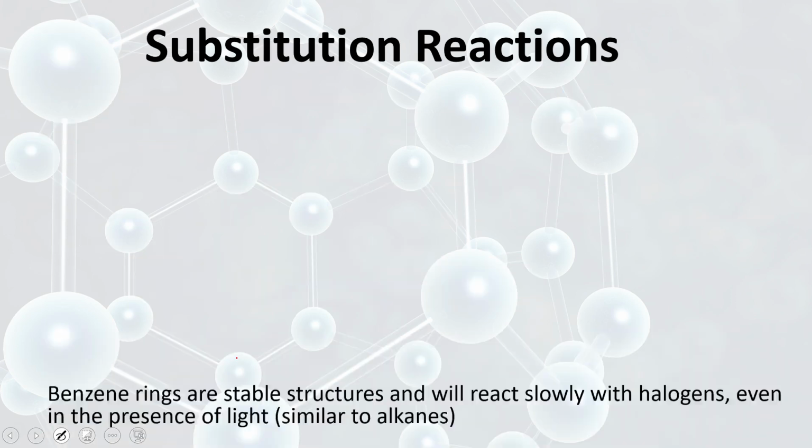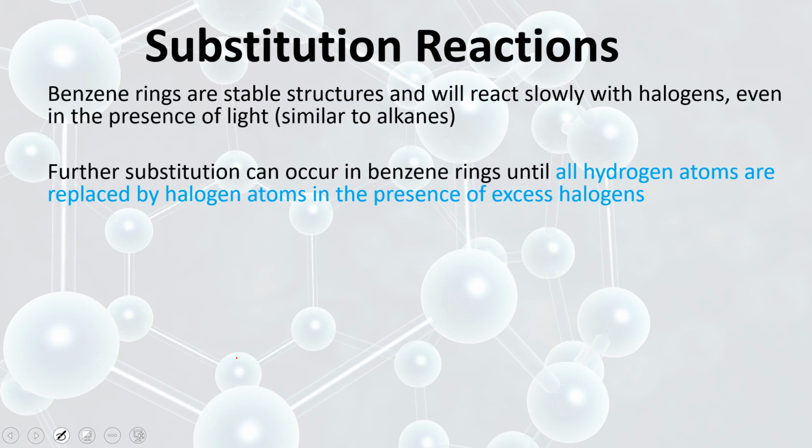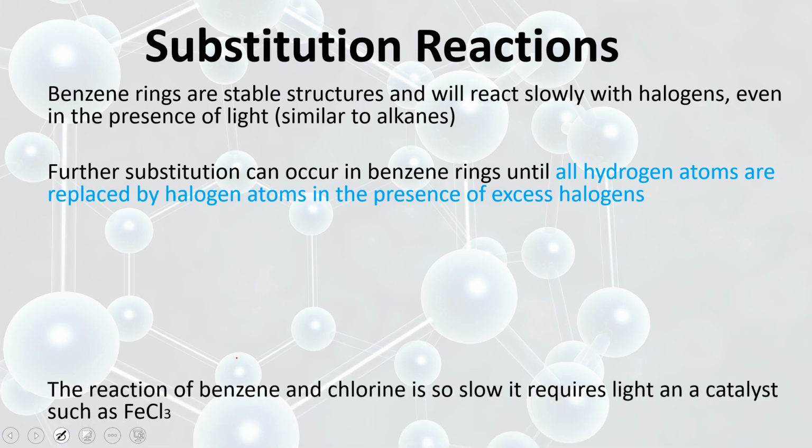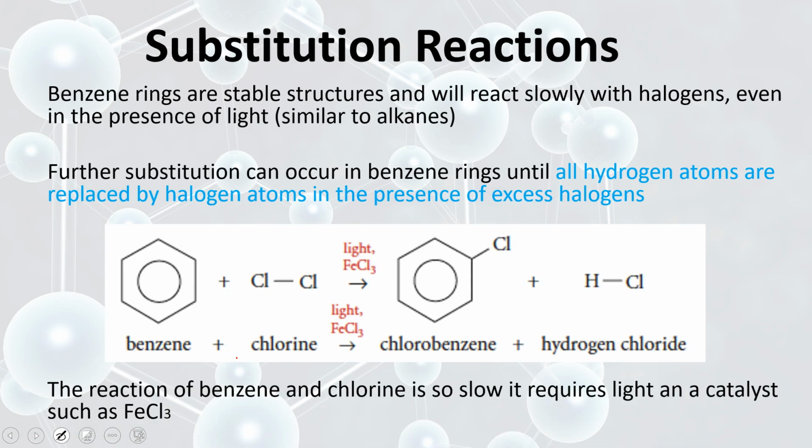Alright, so let's look at exactly how to do that. Benzene rings are pretty stable, but they will react slowly with halogens, at that carbon to hydrogen bond. So full replacement can occur in the benzene ring. All hydrogen atoms can be replaced by halogens if you have an excess amount of halogens. So essentially what they're saying is that